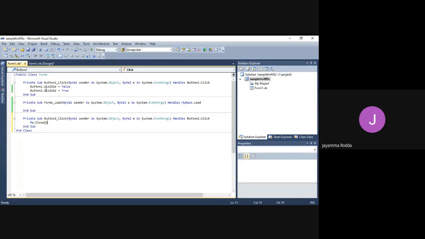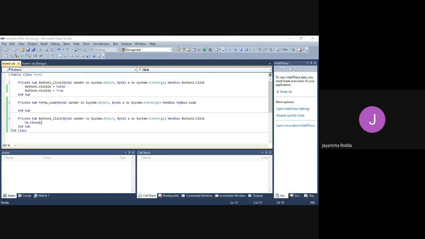So what I did, button 1 is made false, button 2 is made true, which means the visibility of button 1 is made false as soon as you click it. Remember this, as soon as you click button 1, it should be made invisible. It should be hidden. Whereas when I click on button 2, it should be there. Before I made it available, but here I wrote another code for button 2 telling it to be closed. As soon as I click on button 2, the form should be closed. So remember these two events and let us see whether these are applied or not.